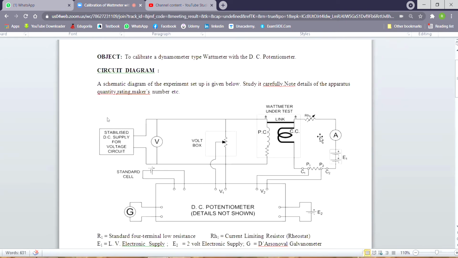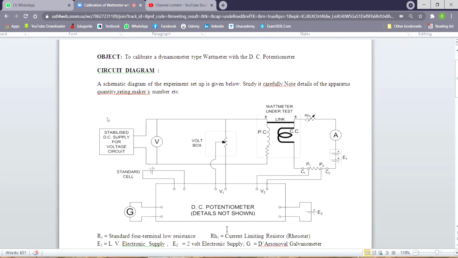Now you can ask one question, that if we insert a resistance in the current coil circuit to measure current, then the value of the current will be modified, isn't it? Before the resistance there is some current, after inserting, the current will be changed. But no, actually the resistance value is so small, that low its value, that practically it does not affect. Does not affect the value of current. It is much within our accuracy limit. So that's how we can measure V2, and V2 divided by 0.1 ohm will be the current in the current coil.